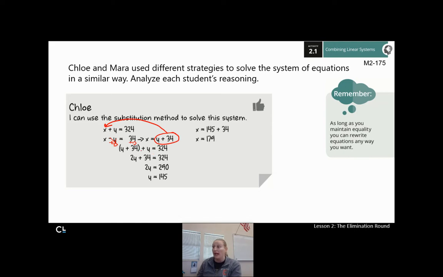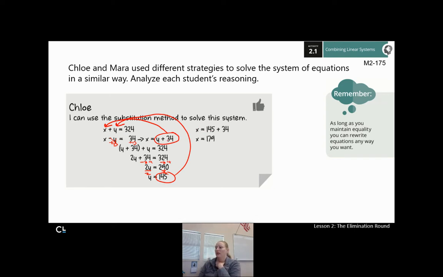And from here, she had to work it out, right? Y plus Y is 2Y plus 34 equals 324. Subtract 34 from both sides. So now 2Y equals 290, and then you divide both sides by 2, and she figured out that Y was 145. Now, once she knew that Y was 145, she could take it and she could plug it back into the original equation for Y. So instead of X plus Y equals 324, she could do